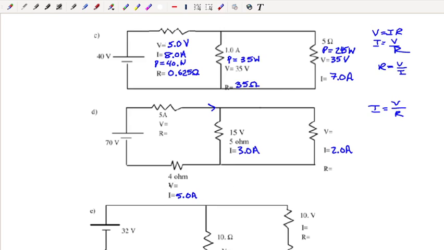Then we can find the voltage drop here, because I know that voltage equals current times resistance. So this is going to be a 20 volt drop. So 20 volts lost here. And if I'm thinking now a complete path, I've got 70. Don't know how much I lose here, but I lose 15 here, and I lose 20 here. So 70 minus 15 minus 20 gives me